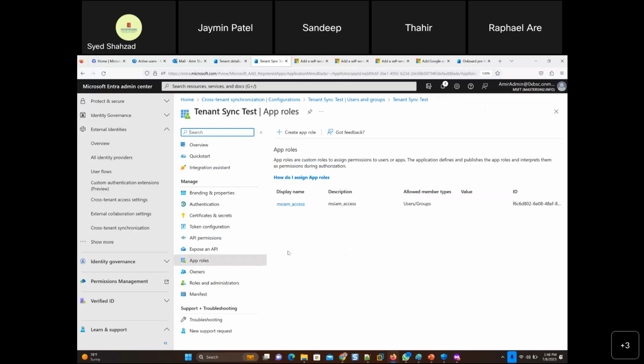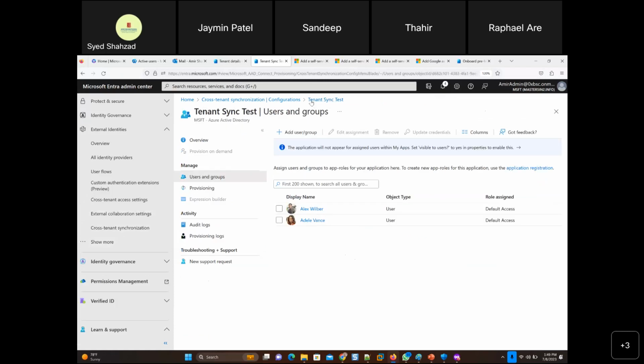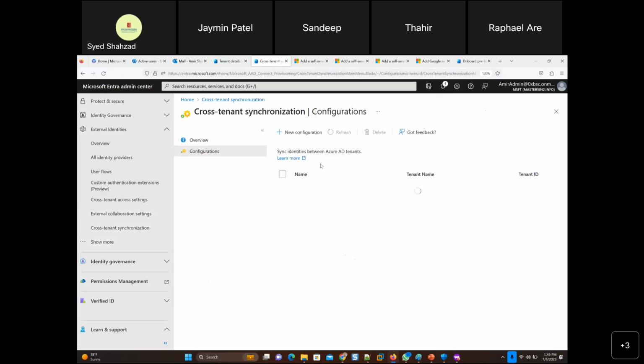There's app roles here and users and groups. Yeah, so the thing is that app roles have been defined, but they are defined on this tenant only, not in the other tenant, the dev tenant. So there's kind of expense here as well. You have to add Azure Active Directory Premium there and then set up some application there, and then you can do some synchronization.